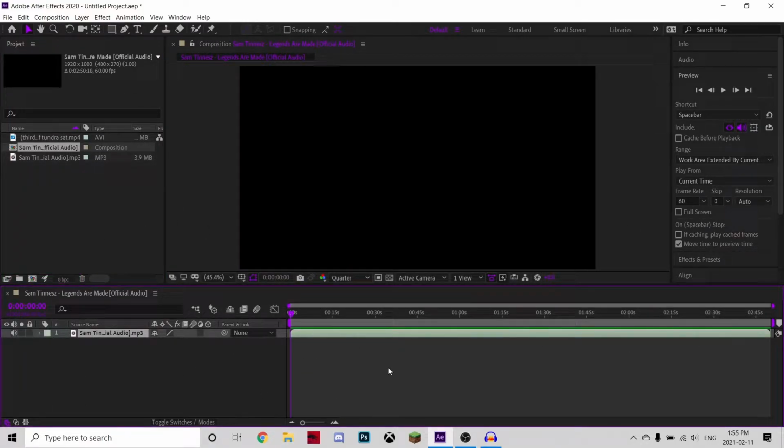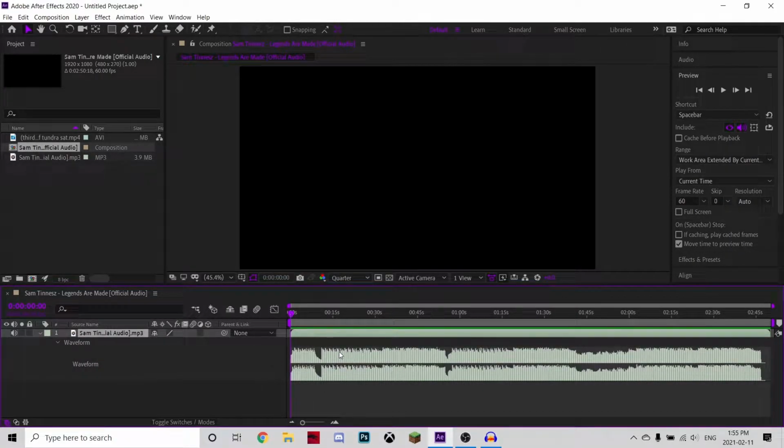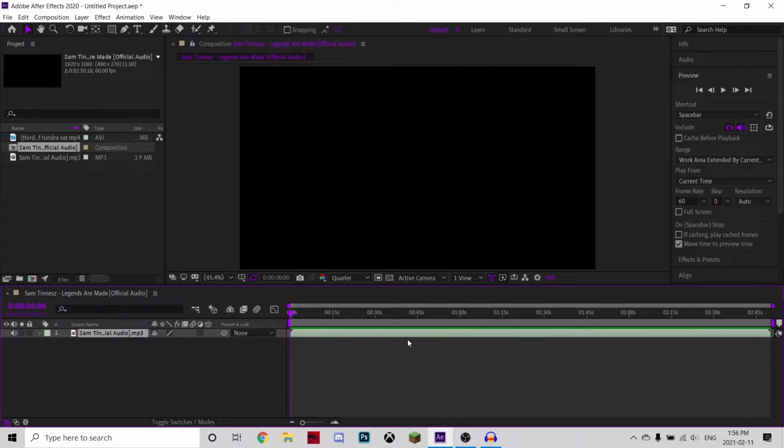And then usually what people would do from here is they would click double L on the keyboard. They would see all the different waveforms and they would kind of just take the little marker and put it on the peaks, and listen to it. That's fine, that works, but there is definitely an easier way to do this, and I'll be showing you how to do that exactly. However, if you just play the song right now,